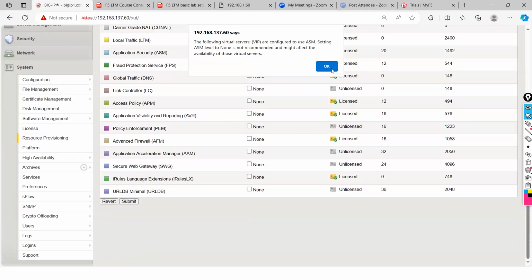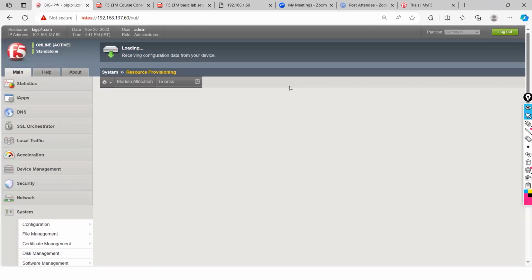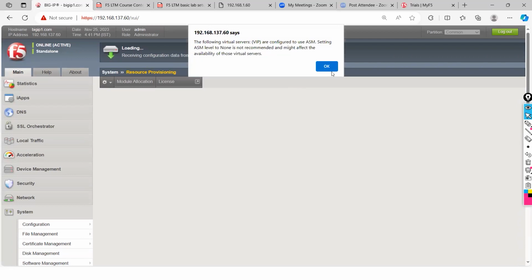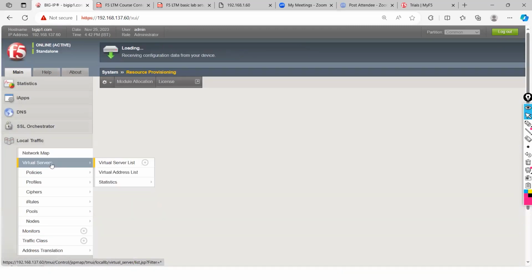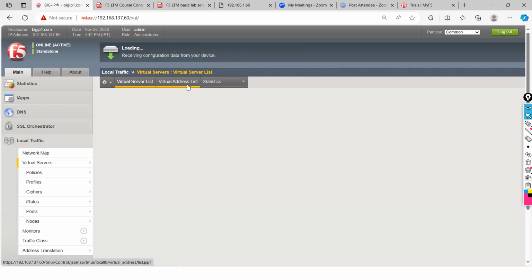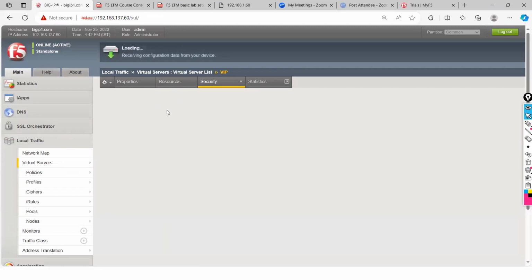So I will just select LTM here and it will restart your services. It's showing that some of the virtual servers are already using the policy. So I will remove that.